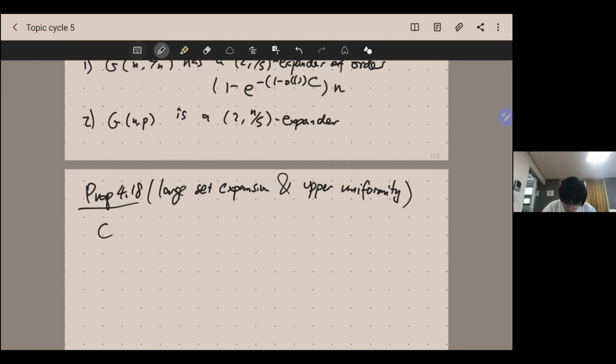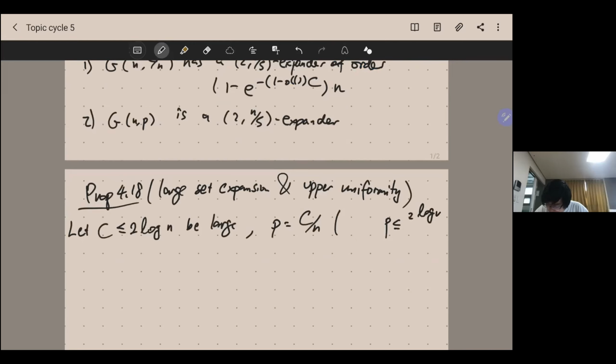So let's see, not too large, but large. Our p will be this large constant C over n. This seems like a strange way to write it. Basically p is between 2 log n over n and bounded above by some large constant over n. Okay, maybe this is more natural. And we take m to be linear in n, very tiny, but linear in n. Then almost surely